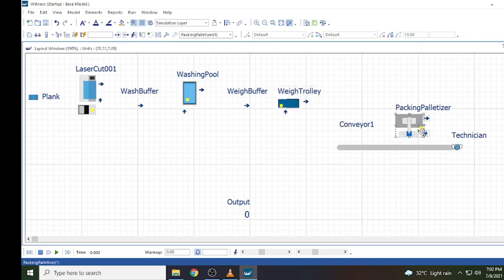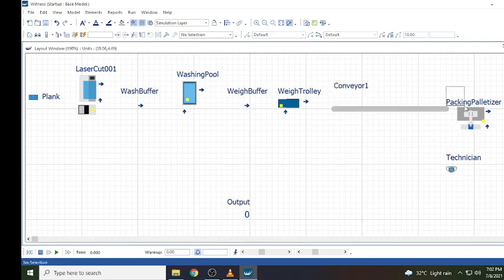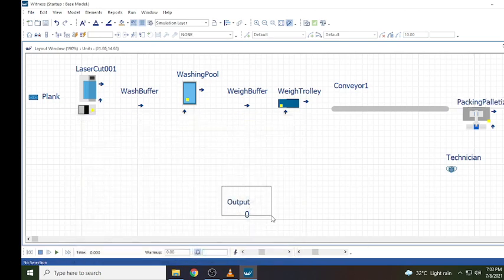the packing palletizer, let's move it a bit to the side first. If this doesn't happen in one go, we can choose it in 2 times, and let's bring the technician a little lower here, and the conveyor, let's take it a bit higher. See, this is how we can arrange our model in this way. See, okay, so we have all the elements, we have output also, right?